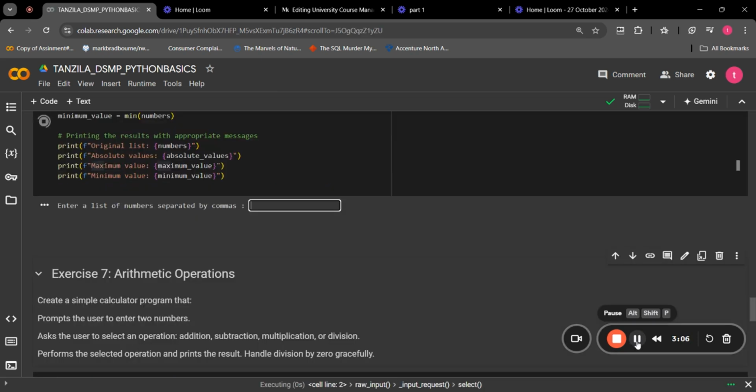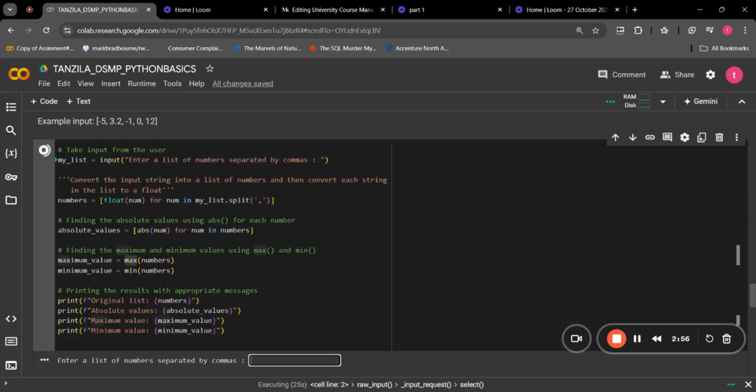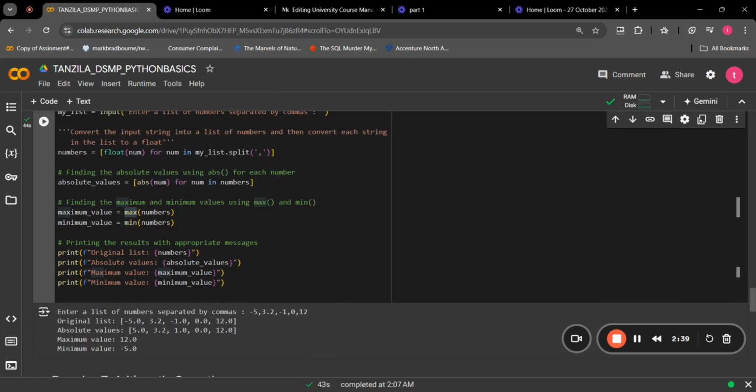Let's run this code. Here it is asking us to enter the list. It is showing our original list. The absolute value of this list, as you can see, converts the negative 1.0 into a positive 1.0. Then it is showing our absolute maximum value, which is 12.0, and the minimum value of the list is minus